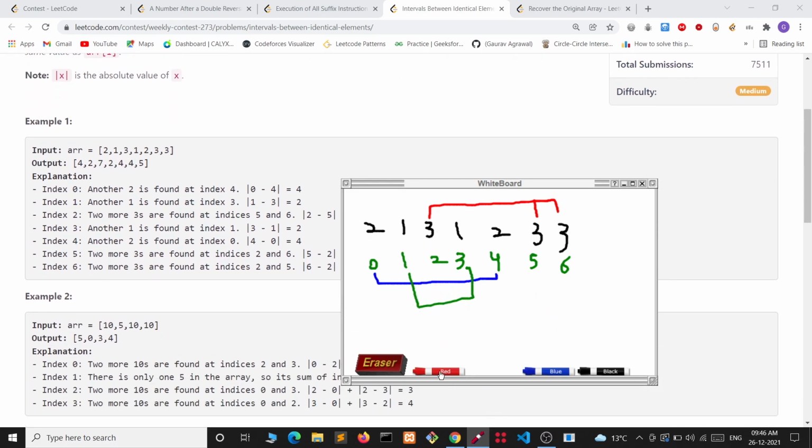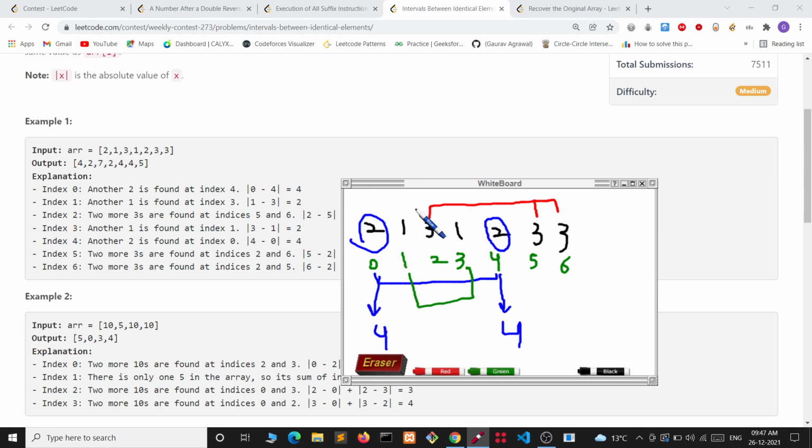Let's say for this 2, we can see another 2. So we will do the absolute value of 0 minus 4, which will be 4. And for this 2, we can see that another 2 is here. So we will do 4 minus 0, which is again 4.